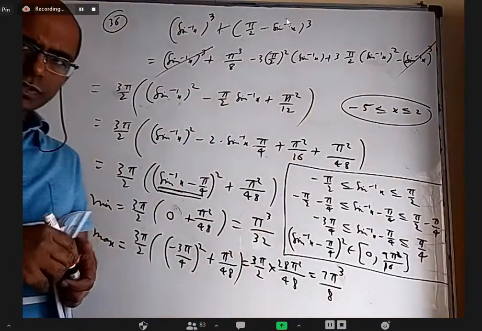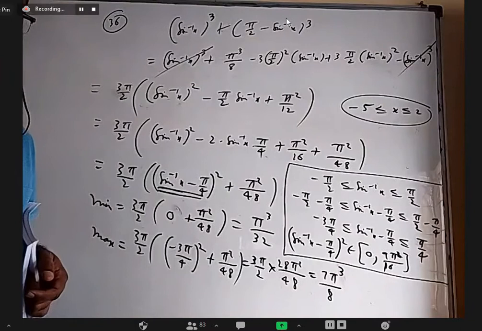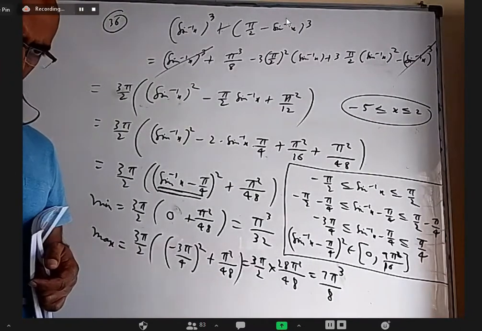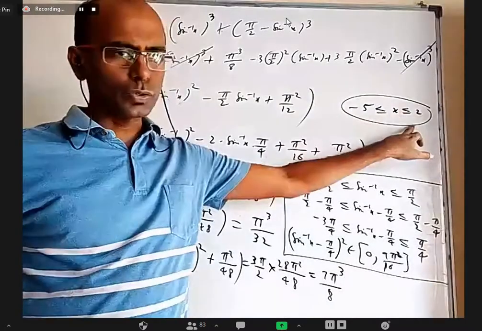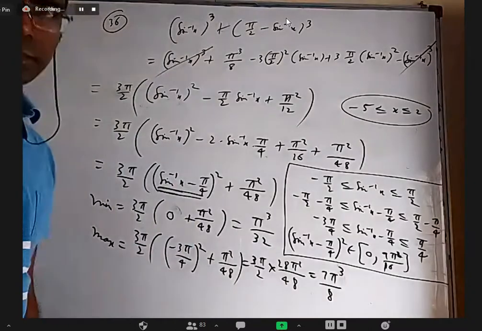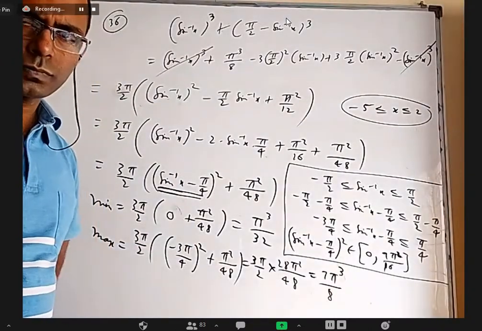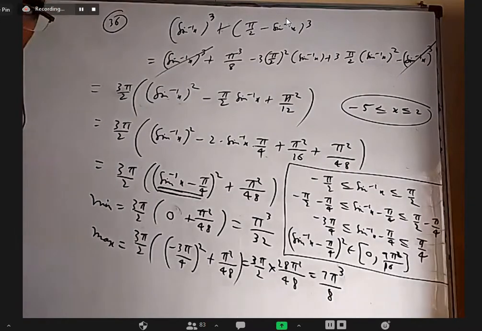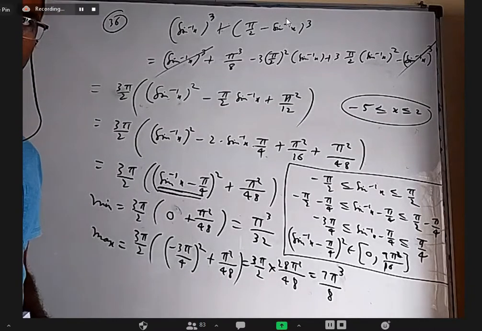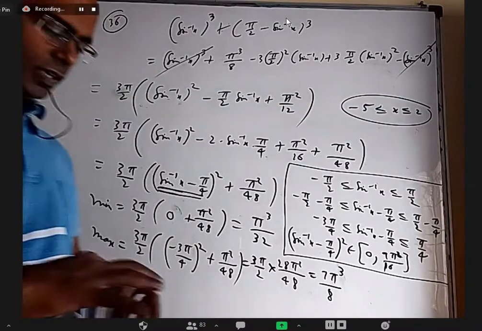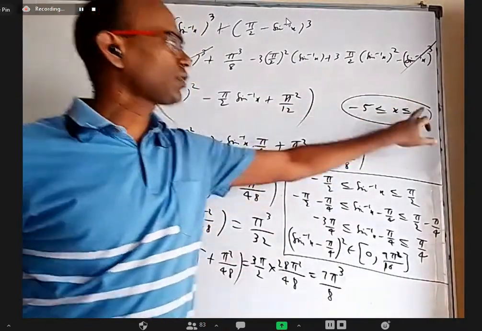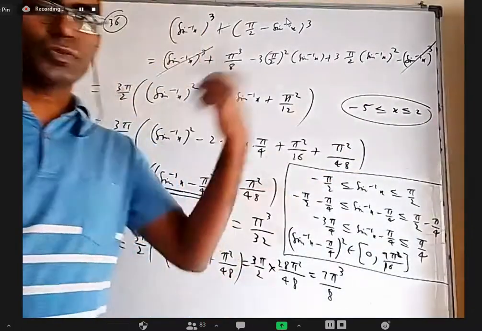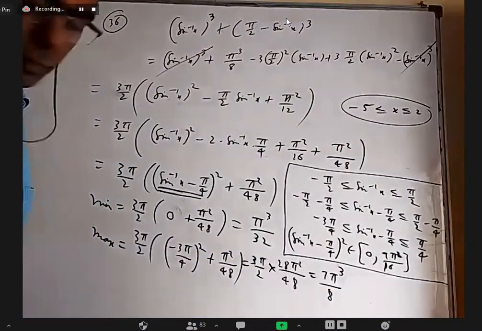Varshit Reddy, are you there in the class? Yes, sir. Okay. If you take anything between minus 5 to 2 and square it, what is the minimum and what is the maximum? Minimum is 4 and maximum is 25. Are you sure about it? Minimum is 0, sir. Yeah, minimum is 0 and maximum is 25. It is not that this square is the minimum; rather, in between, 0 is there, and that square is the minimum. Maximum is not this square, it is this square. So sometimes the square of the minimum value can be the maximum. Same thing here.